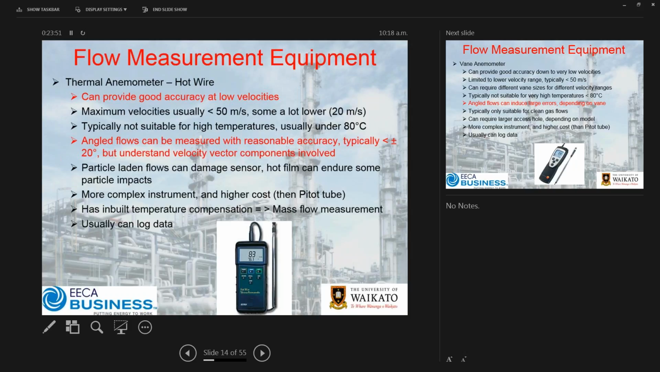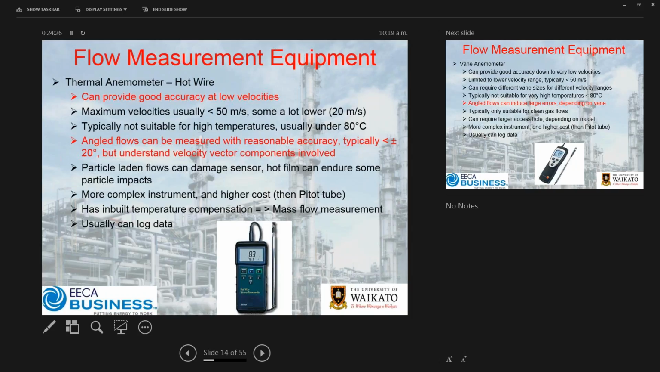A key point with these meters is they tend to handle angled flows reasonably well. However, what you do need to understand is your velocity vector components that are typically involved, and if you're trying to measure a flow rate across the duct in terms of an axial velocity, you're wanting the axial component, which then becomes a problem because the meter, obviously a typical standard meter, is not going to differentiate. You can, however, get very accurate and expensive multi-component